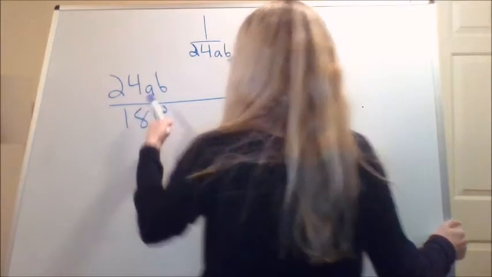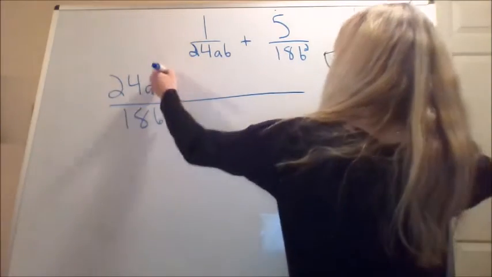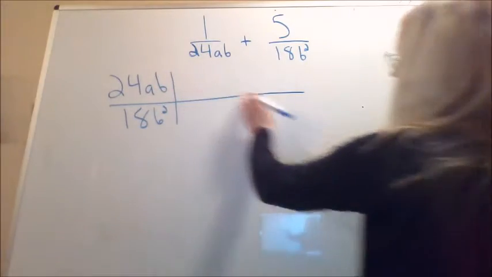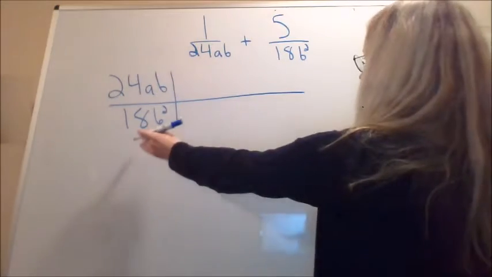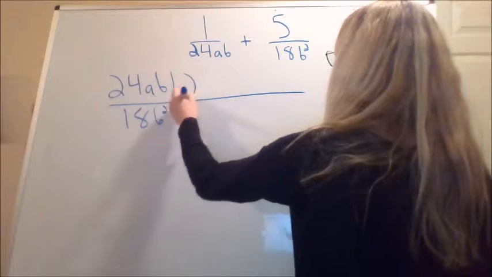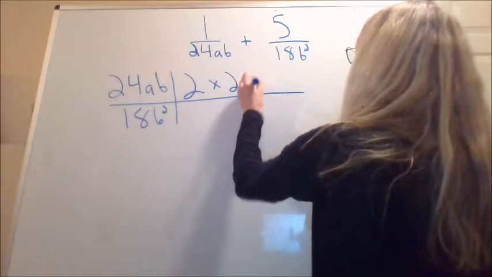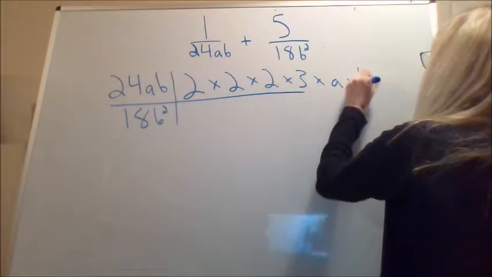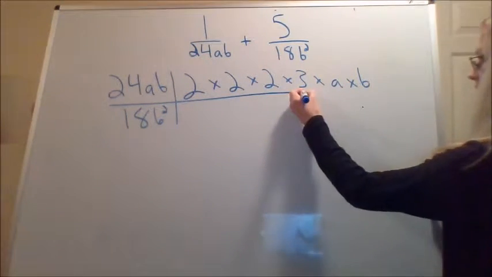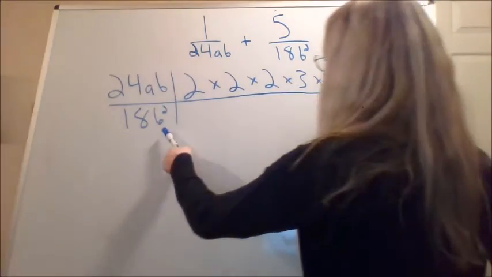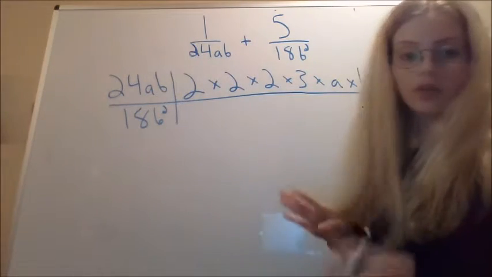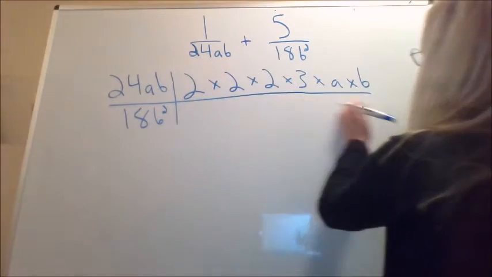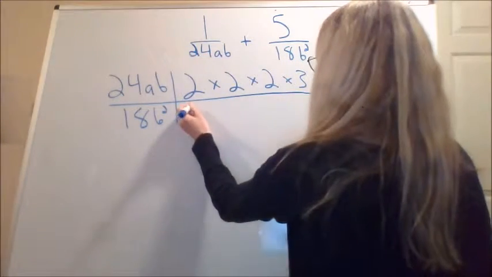So we have our 24ab and our 18b squared there. And then in the table, we want to write the prime factorizations of each of these denominators. So we'll start with the top one: 2 times 2 times 2 times 3 times a times b. Next, we also want to write the prime factorization of 18b squared, but we're going to write repeat factors underneath the ones up here. So in this case, 2